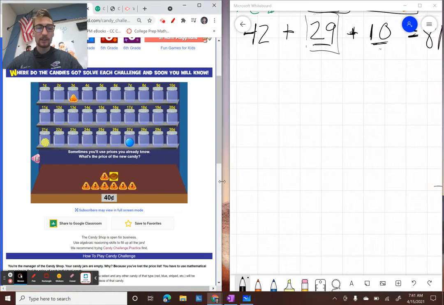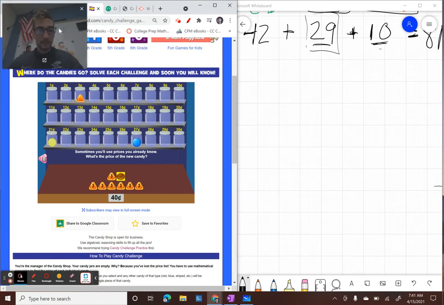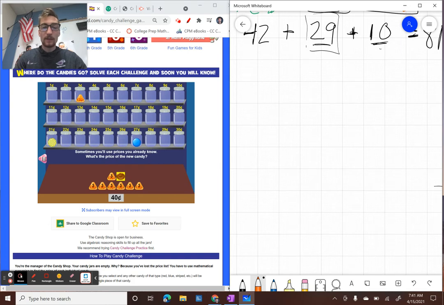All right, so now it says here on the left side screen, sometimes you'll use prices you already know to figure out the prices of candies that you don't know. In this case, we know that the cost of each of these orange candies is 3. And so I'm going to set up an equation here. And I'm going to say 1, 2, 3, 4, 5, 6, 7. There are 7 orange pieces of candy multiplied by the number each of those orange candies costs, which is 3,